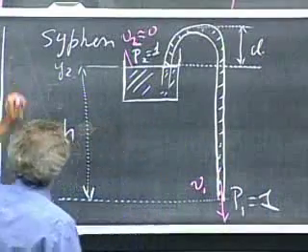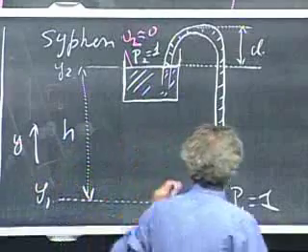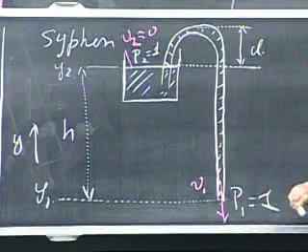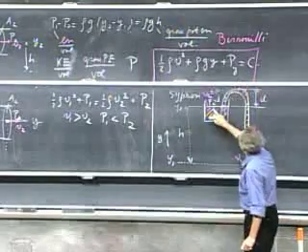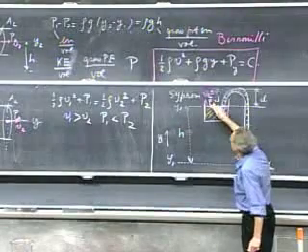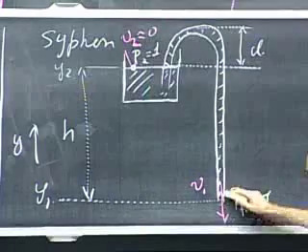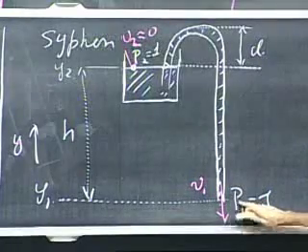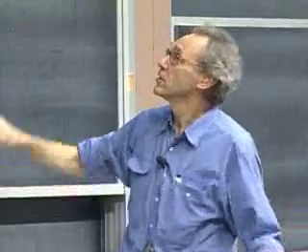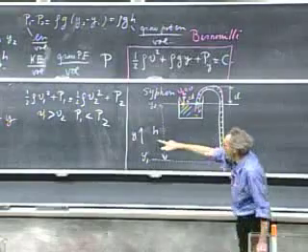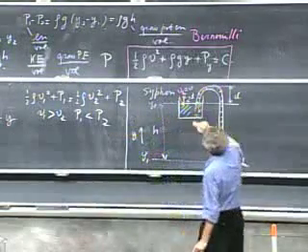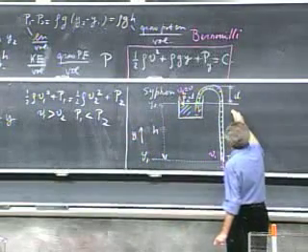I apply Bernoulli's law. So now we have a situation where the y's are different, but the pressure is the same, because right here, at this point of the liquid, I have 1 atmosphere, which is barometric pressure. And since this is open with the outside world, P1 is also 1 atmosphere. So now I lose my P term. So now I have that 1/2